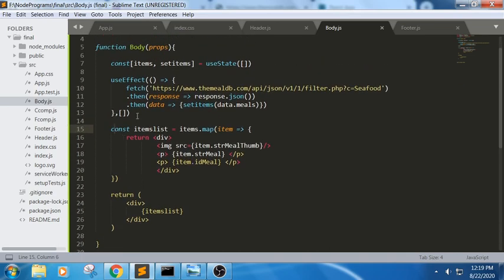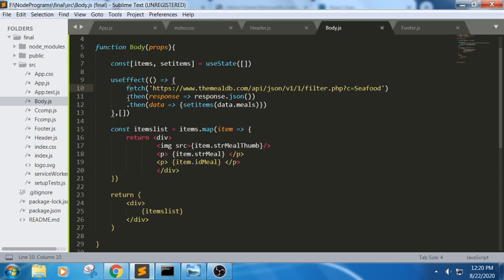Till then, let us understand this code. We were trying to create a useState with an empty array here. The function name is setItems and the name is items here. We were using useEffect which has two values. First one is the URL part and next one is an empty array. In this URL part, if I want to read the values from the REST API, we need to use a fetch method.